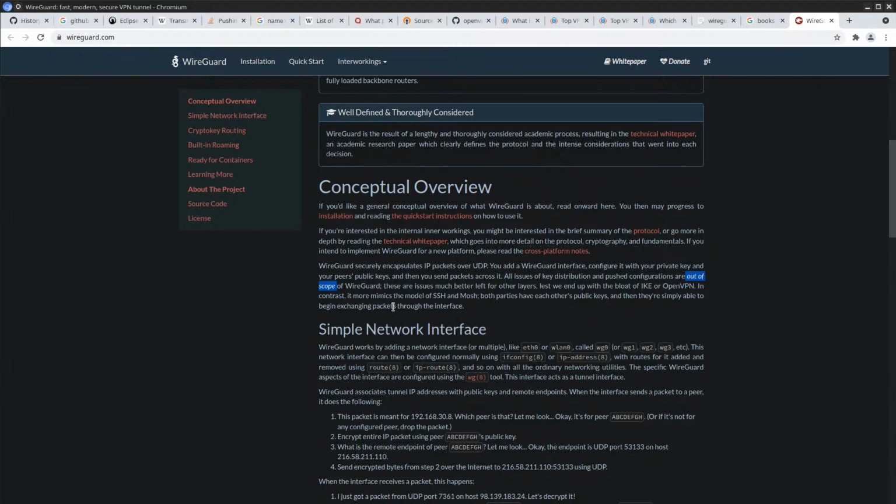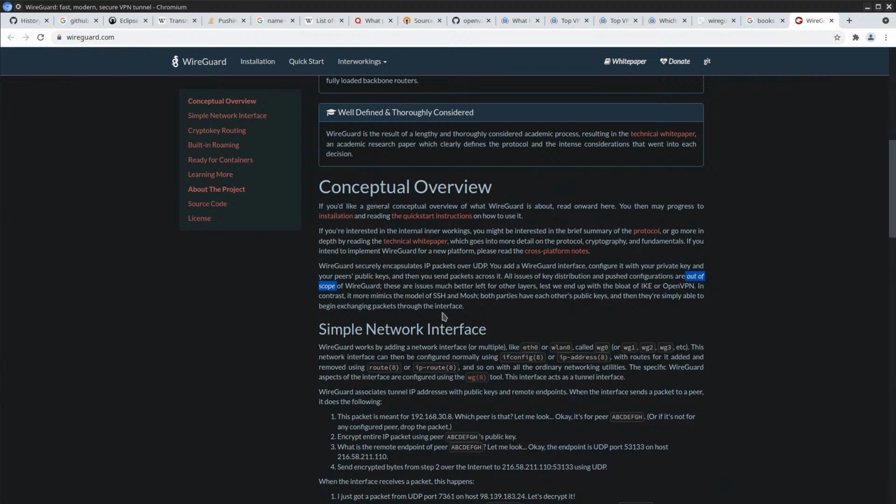In contrast, it more mimics the model of SSH, so secure socket... I wanna say, well, it's not layer, secure shell, yeah. And Mosh. Both parties have each other's public keys, and they're simply able to begin exchanging packets through the interface.